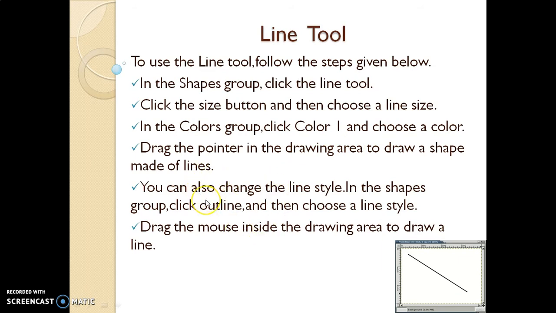You can also change the line style. In the Shapes group, click Outline and then choose a line style. Drag the mouse inside the drawing area to draw a line. This is how you can follow the steps and draw a line using the line tool.